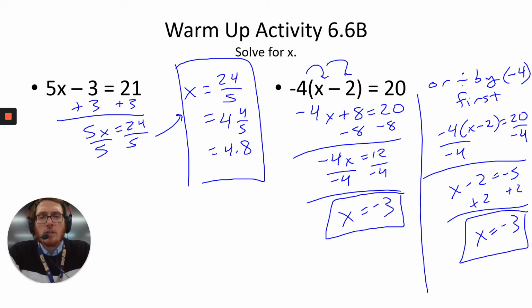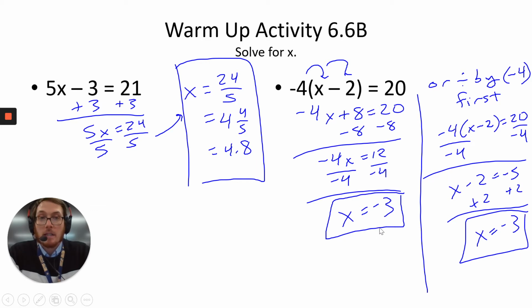The second question has two options. One option is you could multiply the negative 4 and distribute it into the equation. If you do that, make sure you distribute the negative sign appropriately and take the negative 4 into both pieces and make sure that's negative 4x and then plus 8, not minus 8. And then still the two-step equation, subtract 8 on both sides, then divide by negative 4 to find your answer